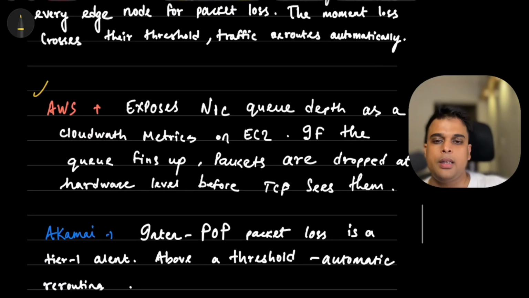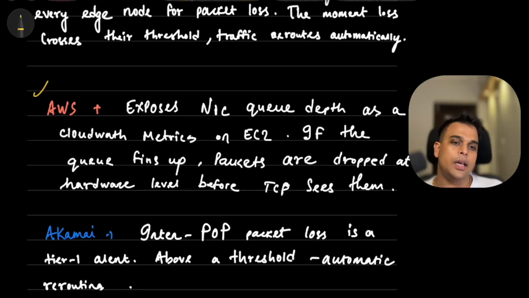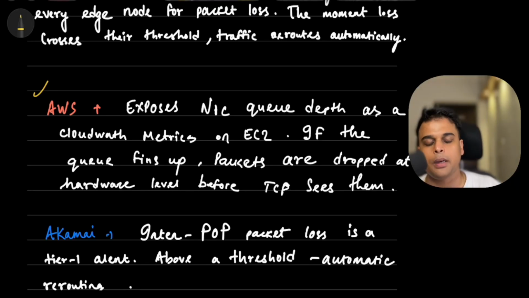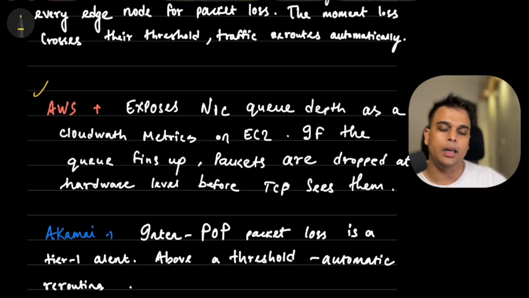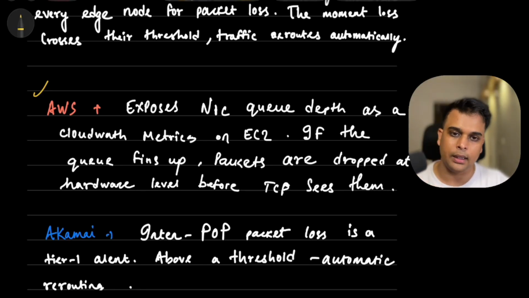For AWS, they do it a little bit differently. They expose their NIC queue depth as a CloudWatch metric on EC2 instances. If your queue is filling up for a particular instance or service, the packets are being dropped at the hardware level before TCP even sees it. And that is the ethtool counter, which we checked in signal 3 in our example as well. AWS does the same thing, but they expose it as a metric in CloudWatch